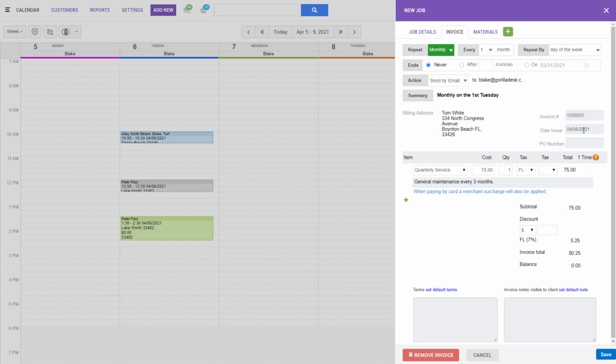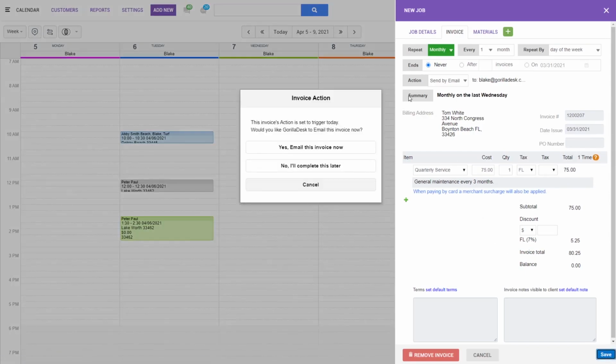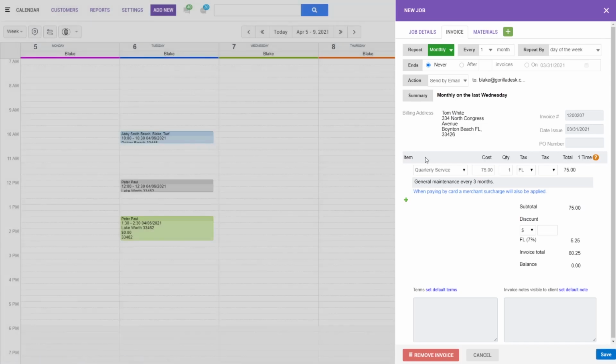So in this case, if we set the date issued to be today, which is the 31st, and we save, first thing we'll see is that the invoice will repeat monthly on the last Wednesday because of the date issued that we set. And since it's the current date, we'll have the option to perform the first action immediately, or you can complete this later, which will keep that invoice in draft. Okay, and if we chose that option, it would just continue to repeat every month on the last Wednesday and